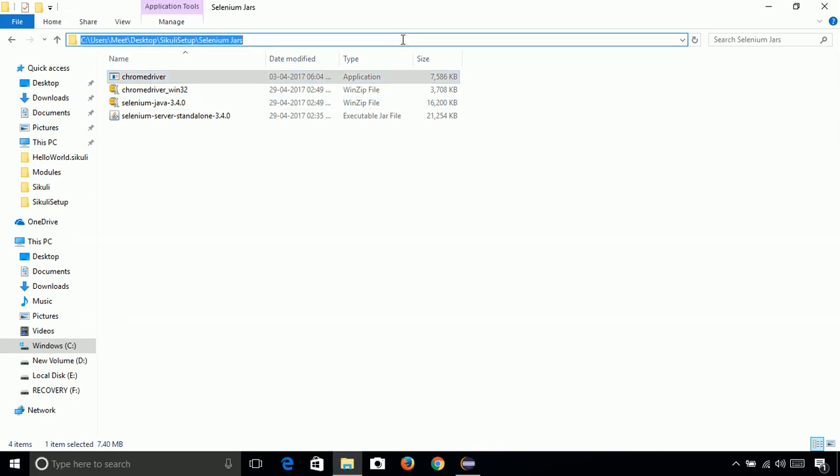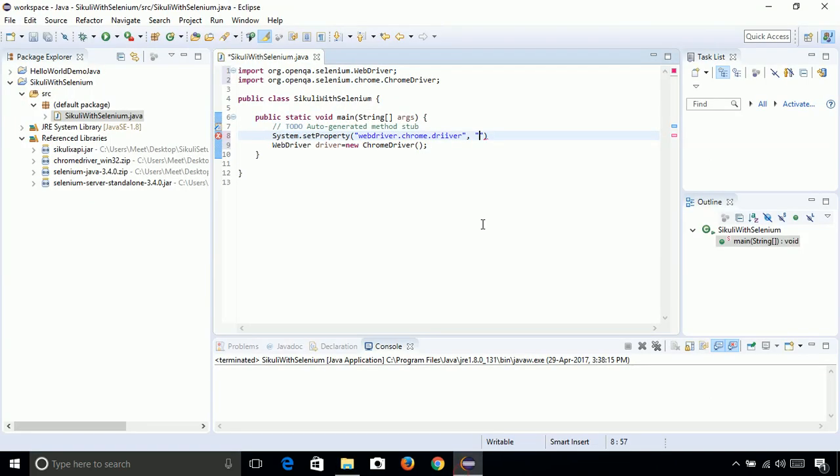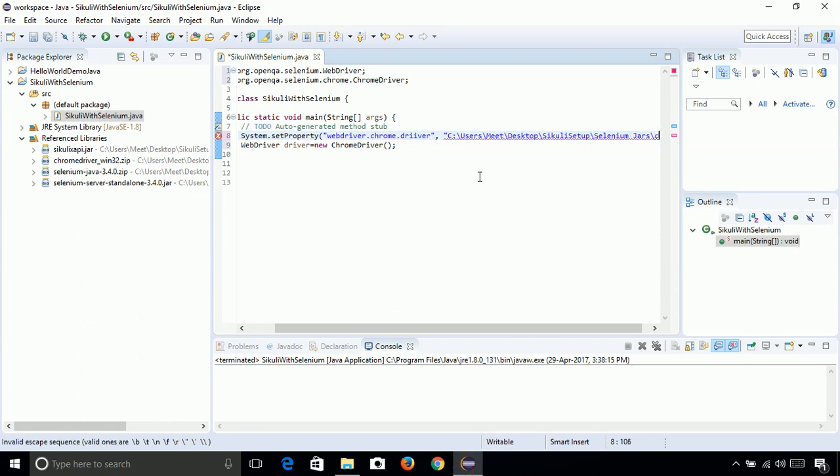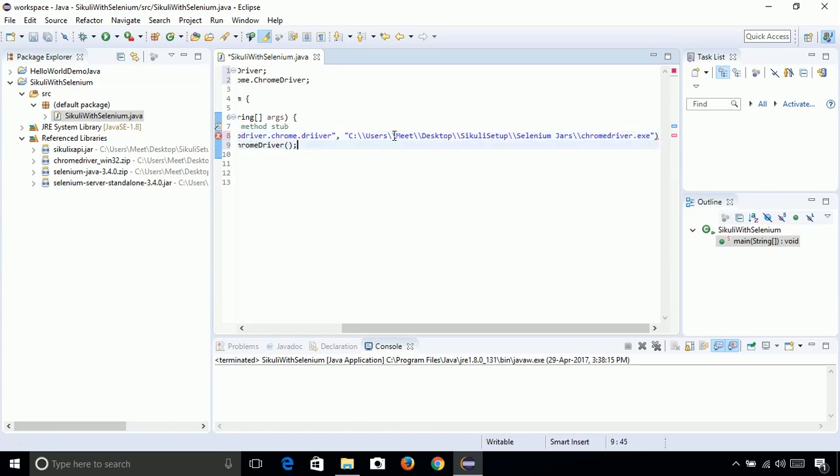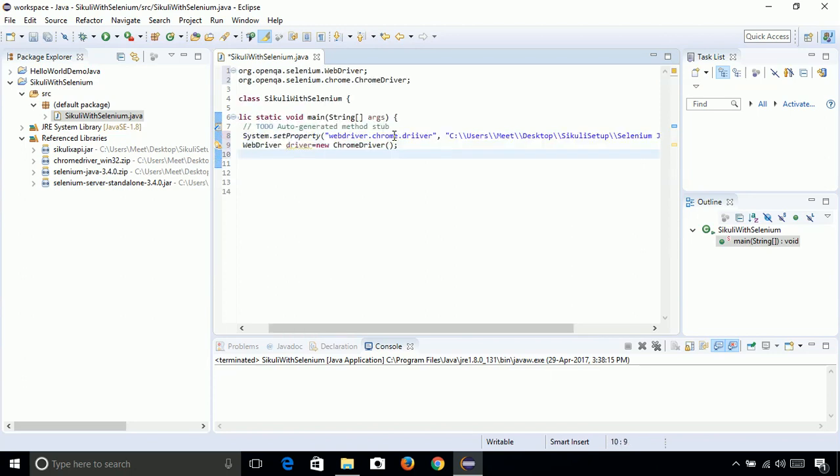Let's copy the path and paste it here, followed by chromedriver.exe. Now we have to use a double slash instead of one, to escape the single slash. So let's put a double for each slash. So we have set the property, and the semicolon is missing, so let's put that also.